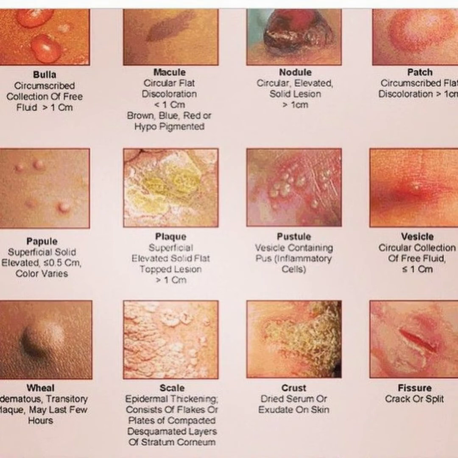A patch is a macule which is greater than 1 centimeter, so this is the larger lesion. It may be a hallmark from birth, so congenital nevus is an example of a patch. Papules are lesions that are again less than 1 centimeter in size, but they are elevated. When they are flat and less than 1 centimeter, they are macules. When they are less than 1 centimeter and elevated, that is a papule.